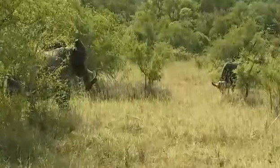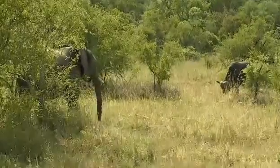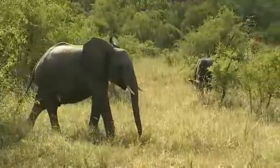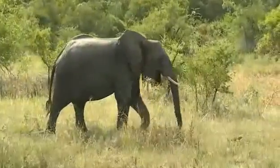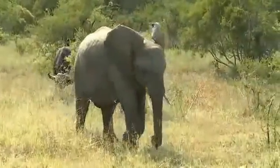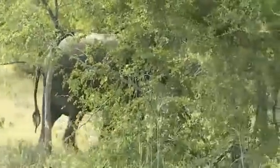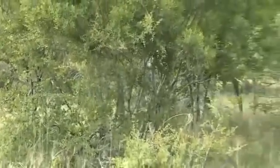He might. He's trying to. He was sort of flaring his ears. The buffalo not taking any notice. No, you don't want that, Lily. No, you are going to eat a leaf. Just a little bit of